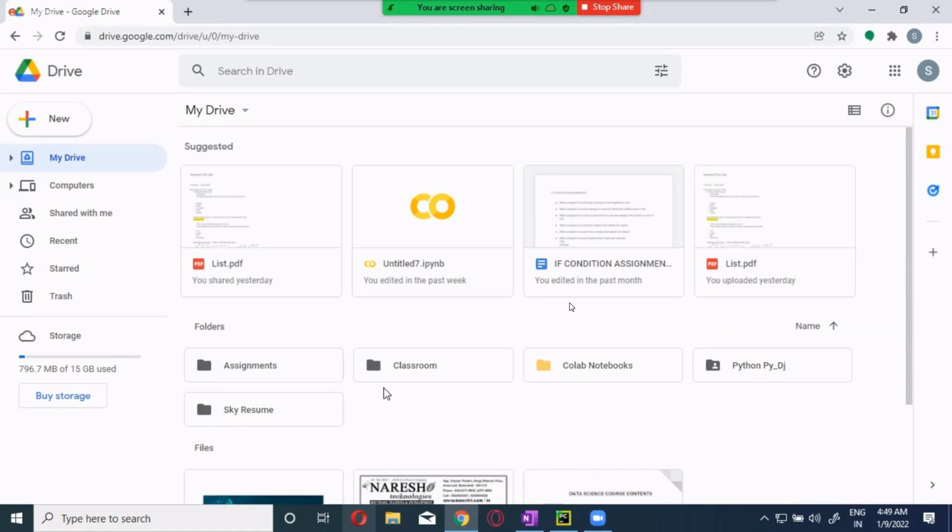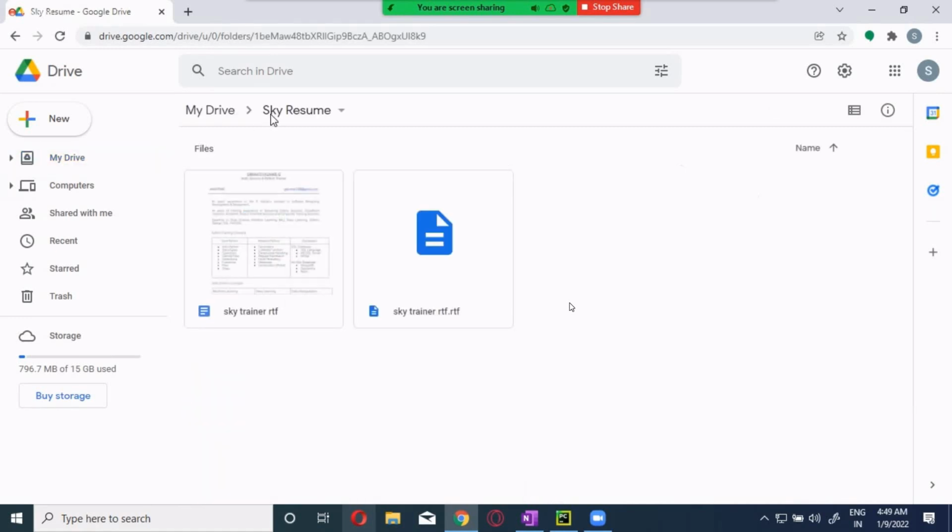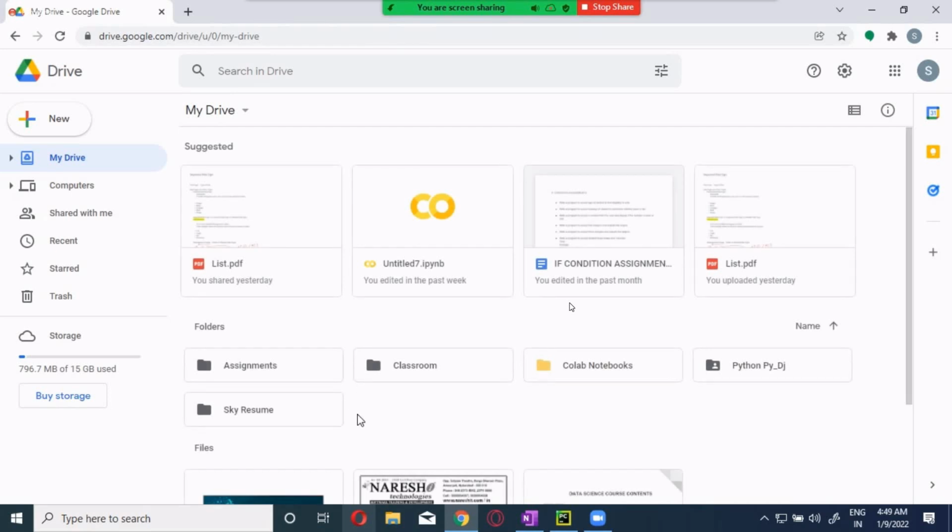Okay, I will just do that. Not a problem. I will share it with you. I will put a folder over here, and in the folder I will share it with you. I will put all the books inside that, so you can check it out.